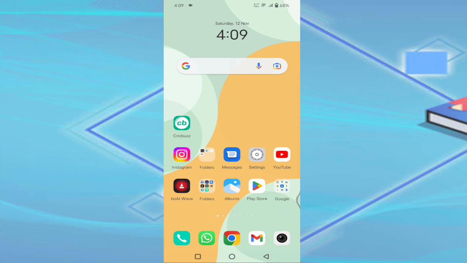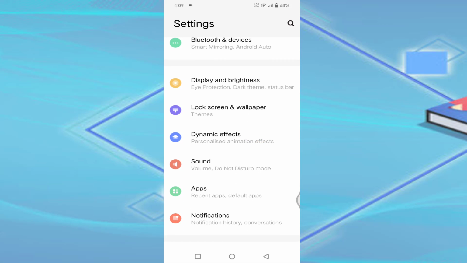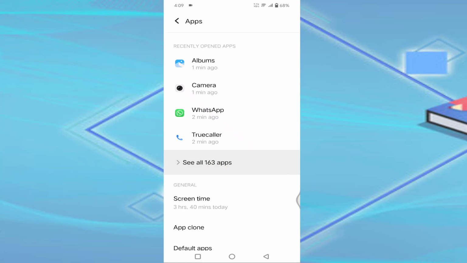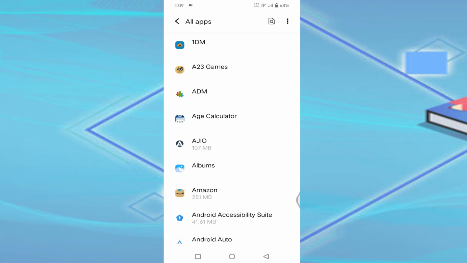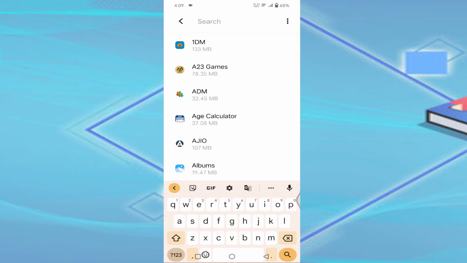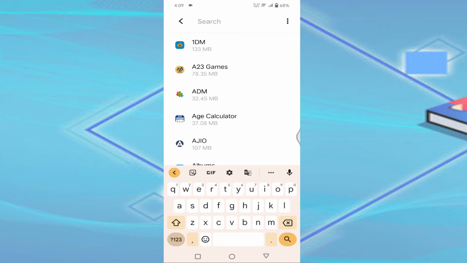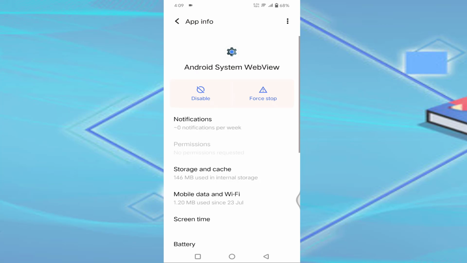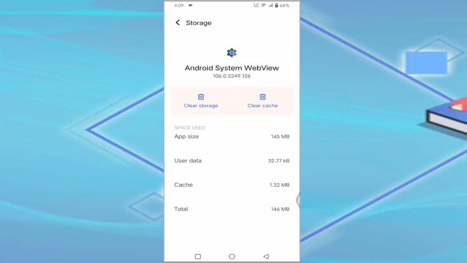For that, you need to tap on the settings, scroll down a little bit, tap on the apps, tap on see all apps. Here you need to find Android system. Just tap on the search button and type Android. You can see here Android System WebView. Just tap on that. Tap on the storage and cache, tap on clear cache,